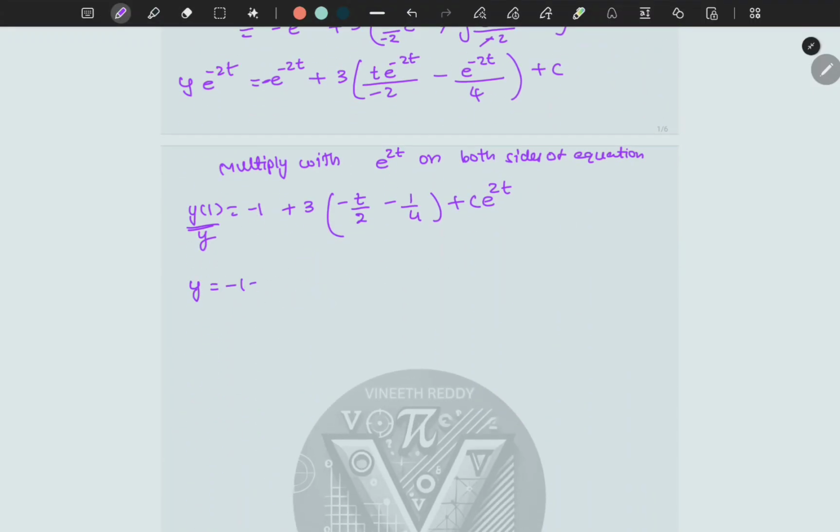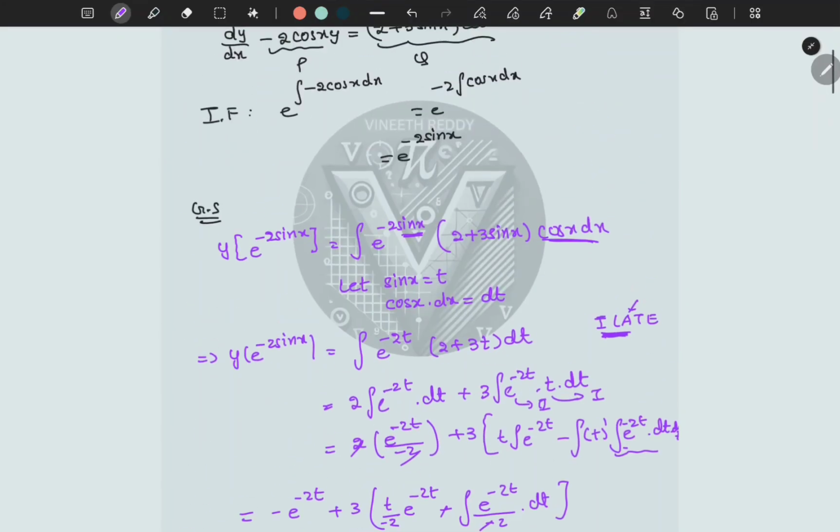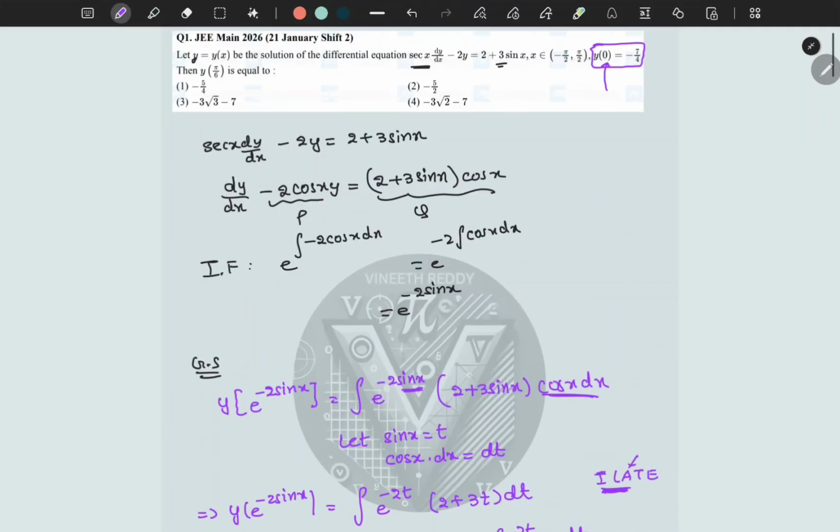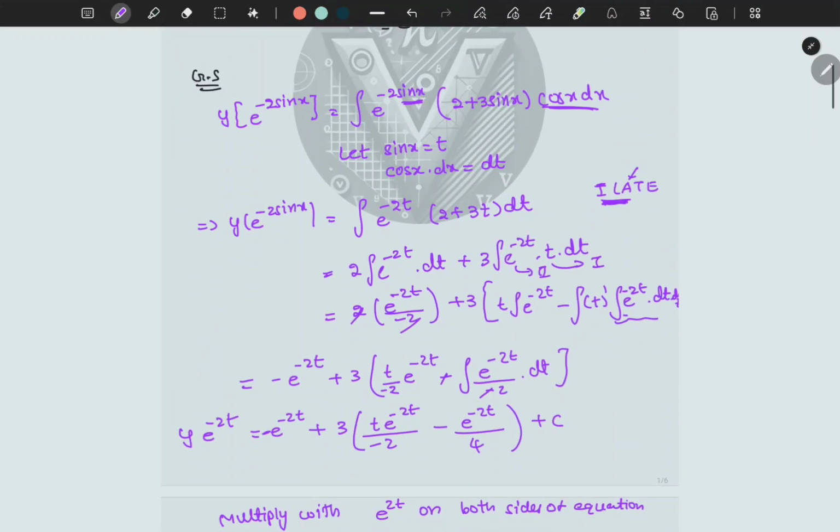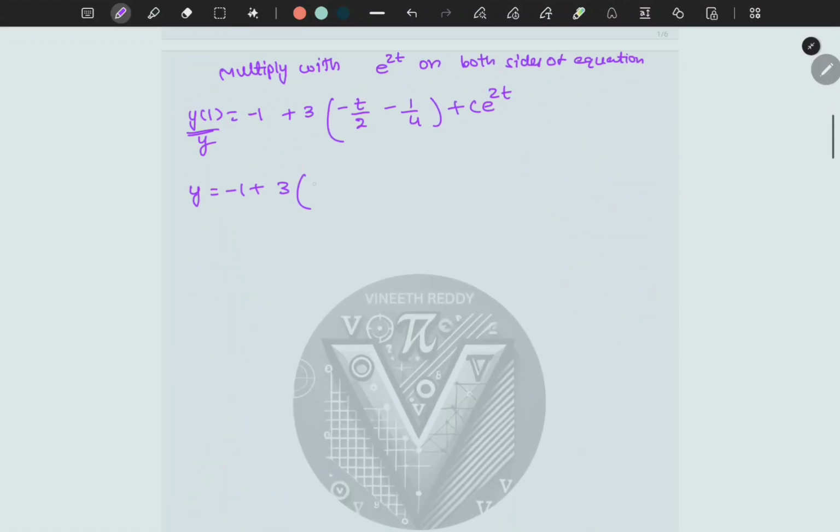We'll write this as y equals minus 1 plus 3 into, what is t equal to? t is equal to sin x. So we can write this as minus sin x divided by 2 minus 1 by 4 plus c into e power 2 sin x. Now put x equal to 0 and y equal to minus 7 by 4,